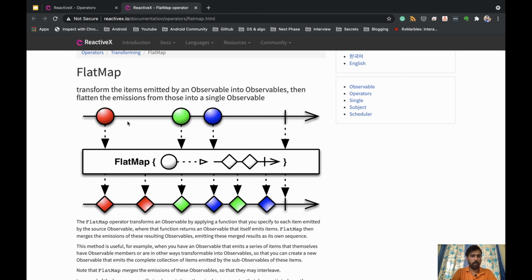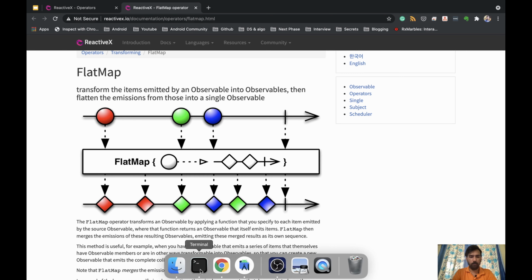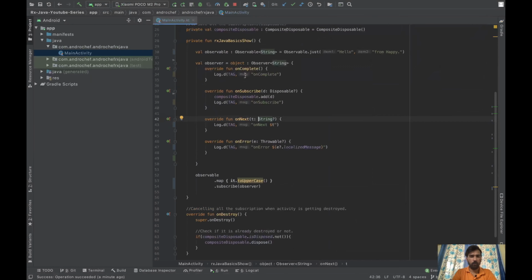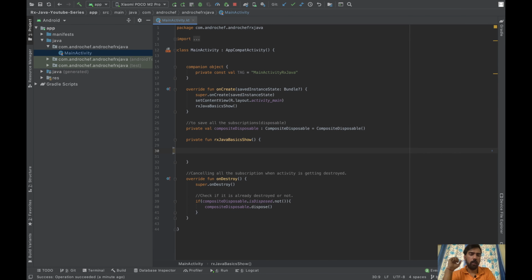Let's understand this by an example. Let's say you have a list of profile IDs, and from every ID you need to get the name of the user. We have this scenario in Android: a list of IDs, and you have to fetch the detail of every ID from another API. In that case, we will use flatMap. We'll take every ID, hit another API, get the data, and merge it into our last output.